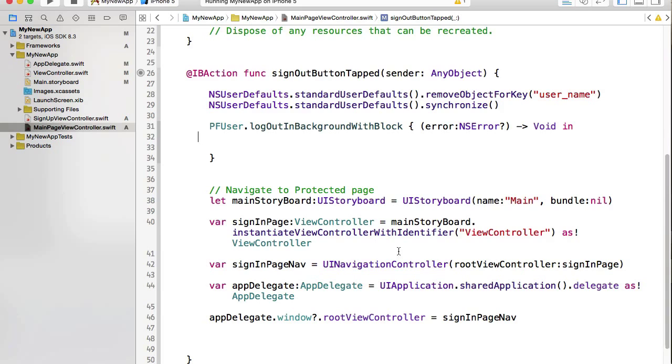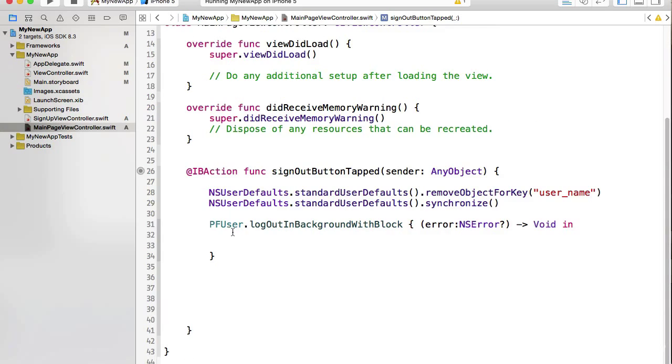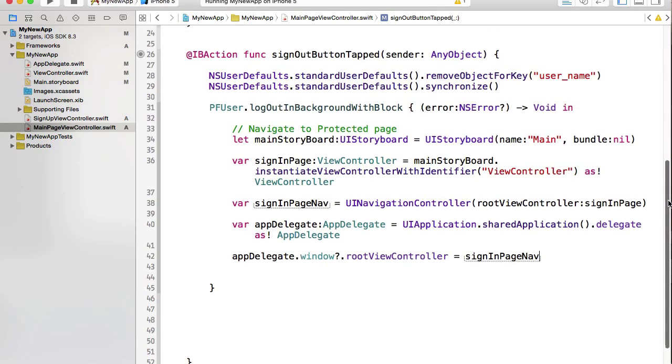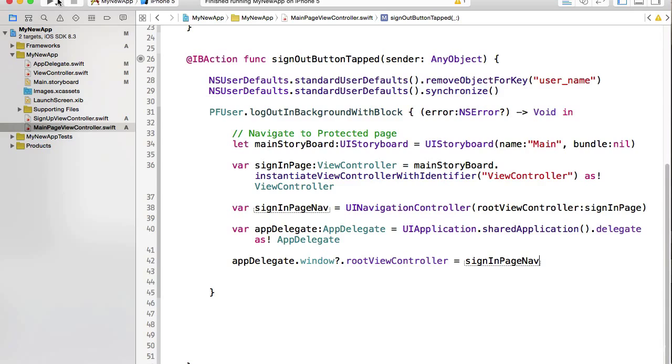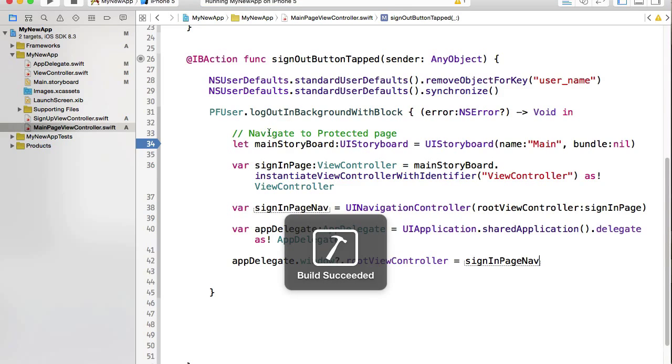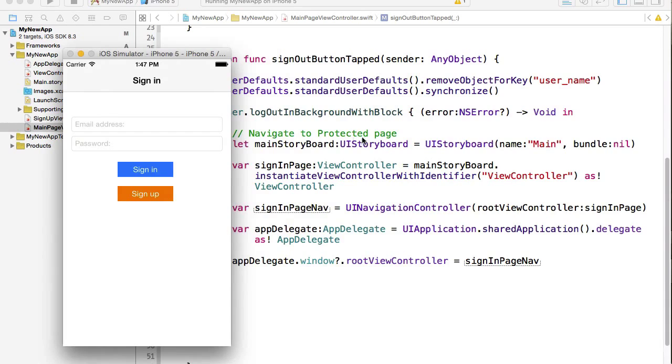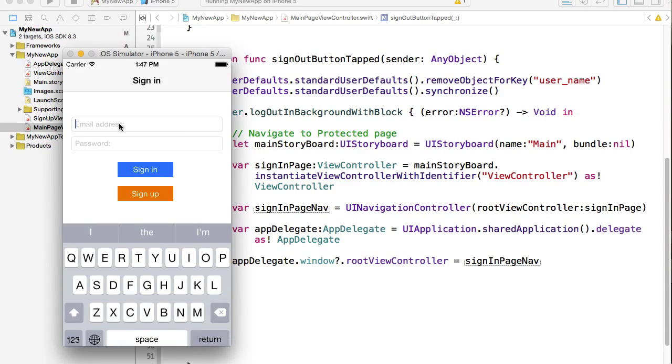Okay, so what I need to do now, I need to copy this code below, and I need to paste it into this block function, block body. Okay. So now I can run my example, and I'll put a breakpoint here so that I see that once I get a response from Parse, I get into this block body, and my function is executed. So I will log in,